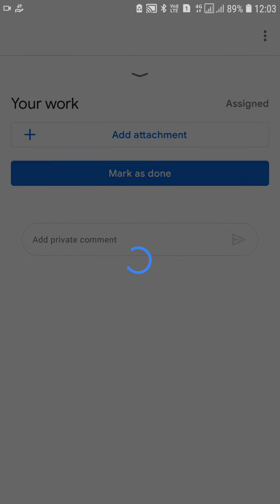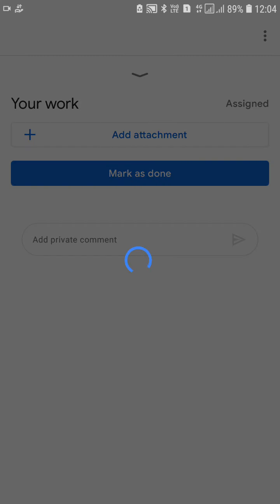After taking the photograph, you will see an OK button on your screen. Click on the OK button. If there is more than 1 page, you can take another photograph, and depending upon the speed of your internet, your photograph will be uploaded into the Google Classroom.